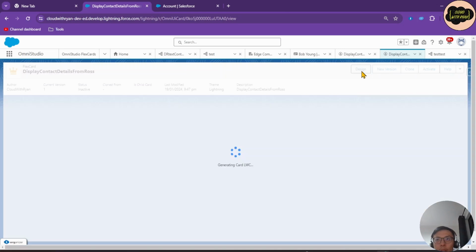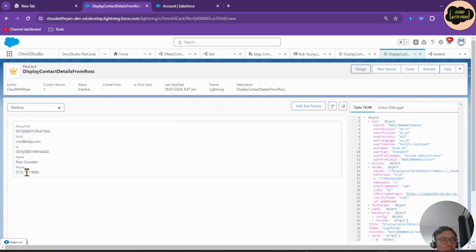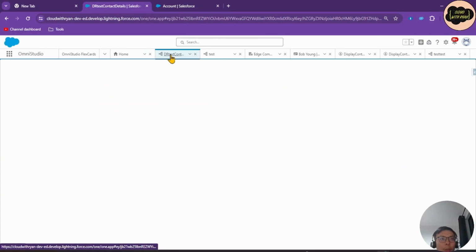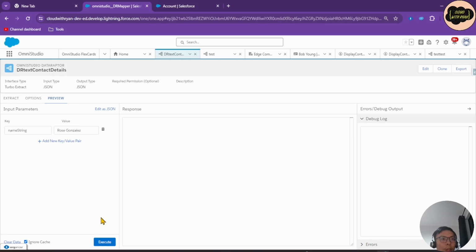But for now, we just need to demonstrate how the data is being passed. So if I go into preview, now it's generating the LWC, and once this is done, we'll be able to see the information that we've got from the DataRaptor that we've created